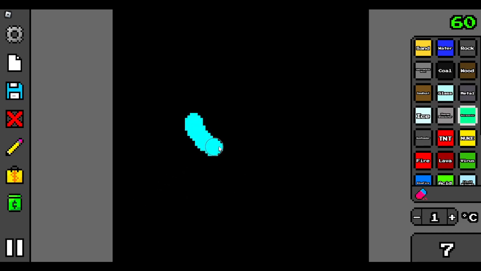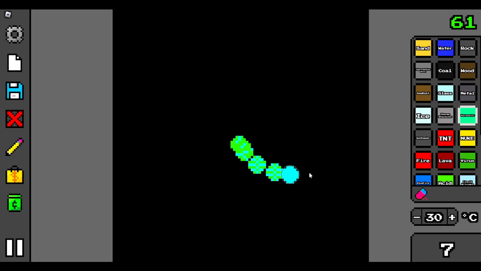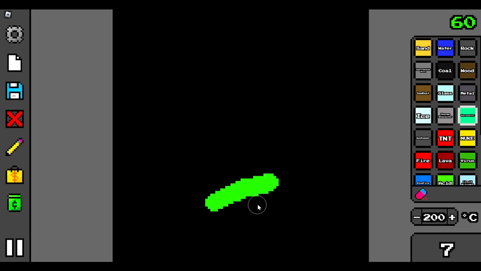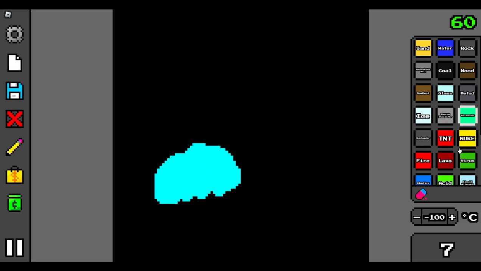So next is thermometer. 15 degrees or below, it'll be that blue. If we set it to 30 degrees, though, you can see it's now green. If we heat it up a bit, it'll turn yellow. And then if you heat it up even more, it turns red. But if we go into the colder ones, so let's set it there, it'll turn like a darker blue. But then if you cool it even more,